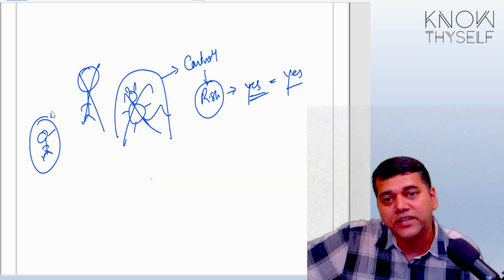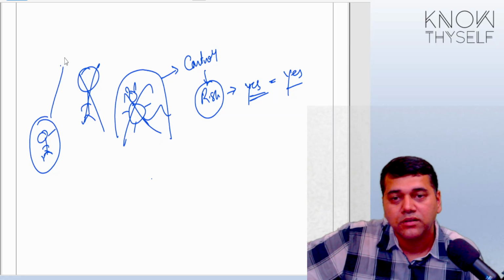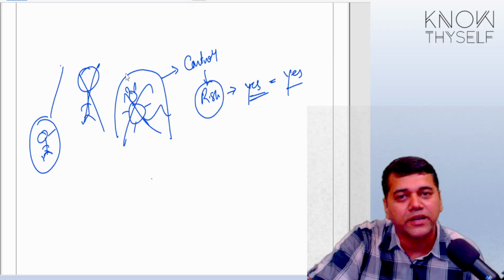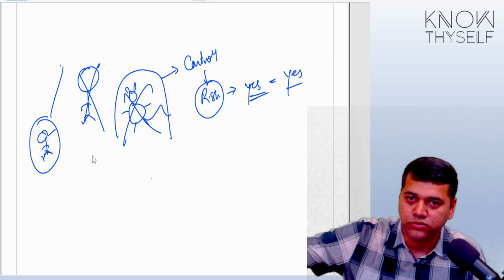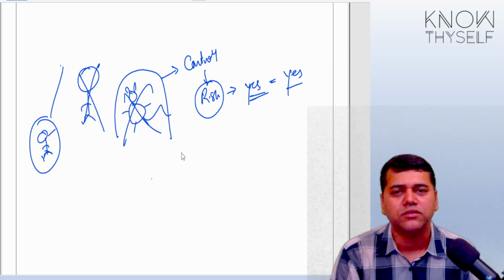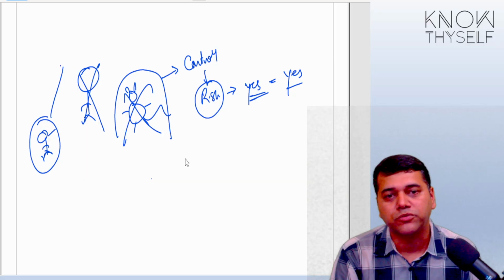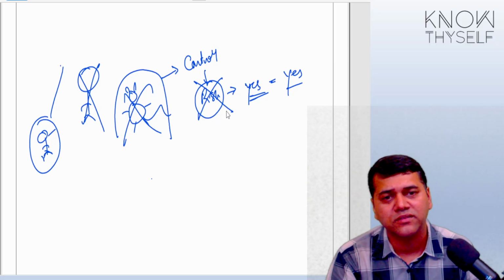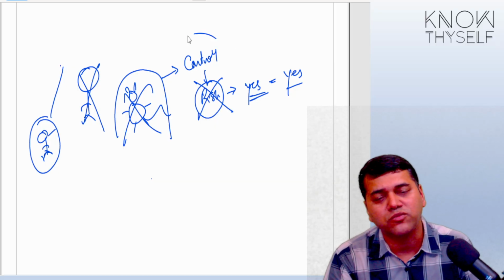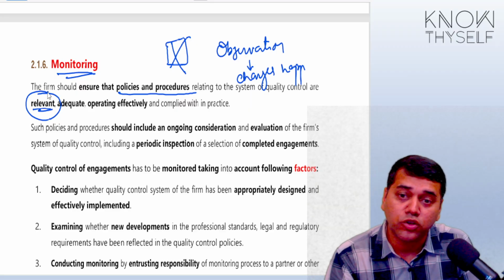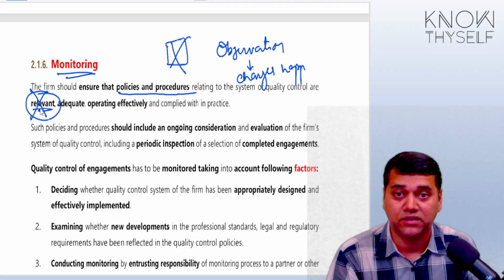Now this person consulted another person. That person told a very simple solution. He told, why are you worried? You go to the neighbor's house, bring one cat, put a bucket on it, and then do the puja. Now comes the problem, students, because the risk doesn't exist. Why are you inviting the risk? When the risk doesn't exist, what is the fun in control? Because the controls are no more relevant. Please understand here.